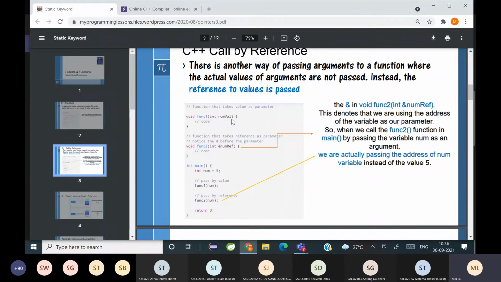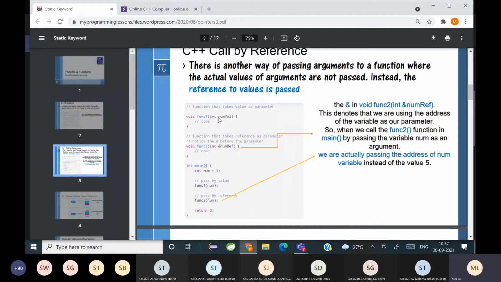But when I say function 2, by passing the variable num as an argument, actually when it comes to the top, ये नाम का एड्रेस पास हो रहे, वैल्यू नहीं. समझ में आया? Is it clear? Yes, ma'am.